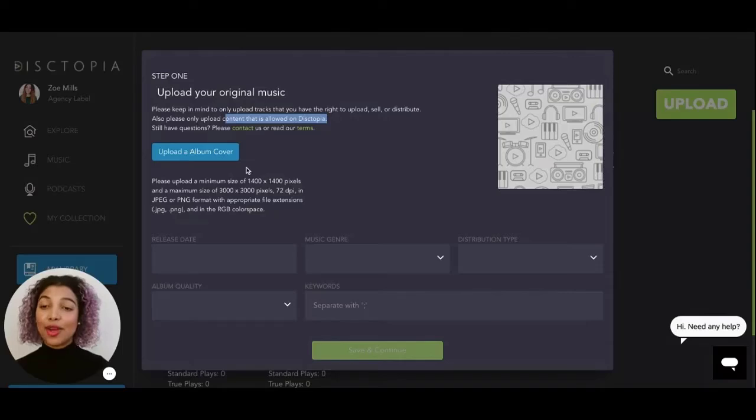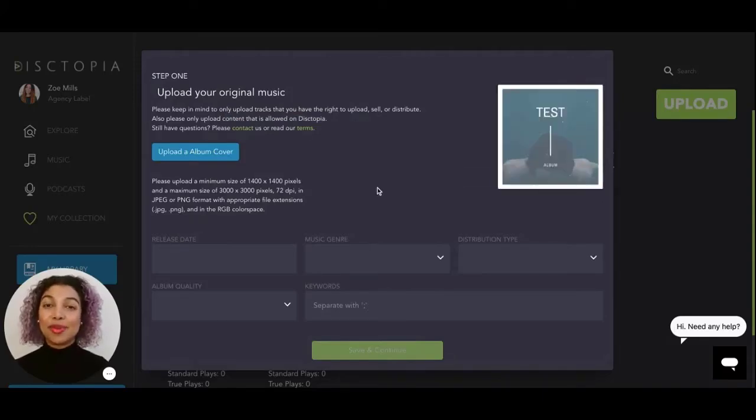To upload the album cover, you'll need a minimum size of 1400 by 1400 and a max of 3000 by 3000. Also, the image must be in JPEG or PNG format. So just click on Upload an Album Cover, click whichever album cover you wish. Once it uploads, we can continue by choosing the release date of the album,